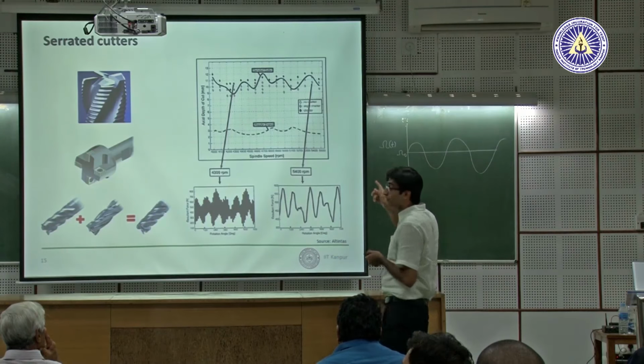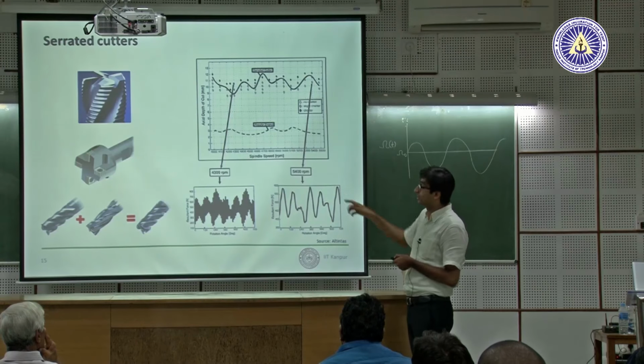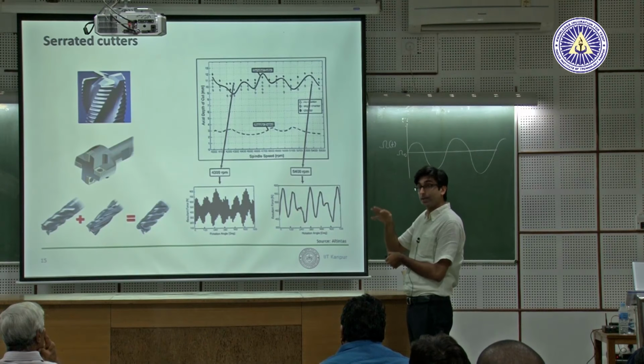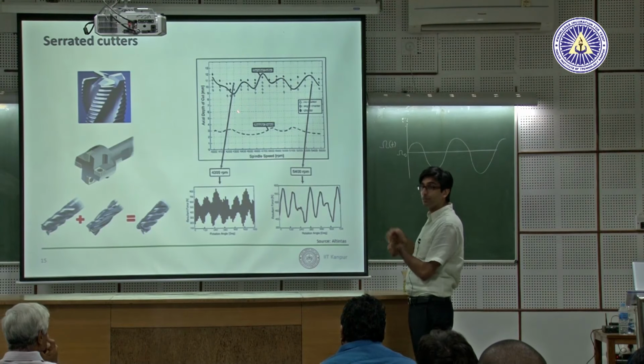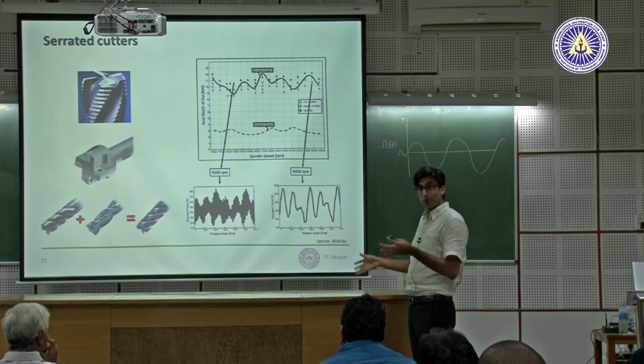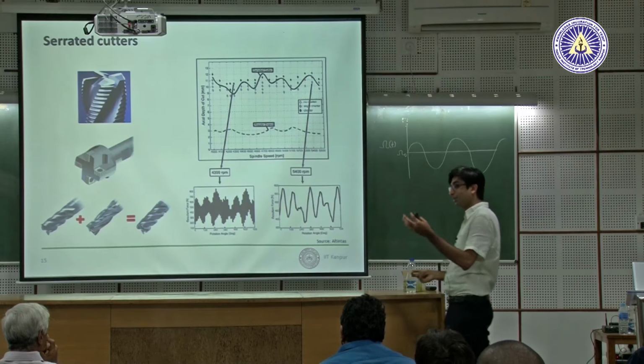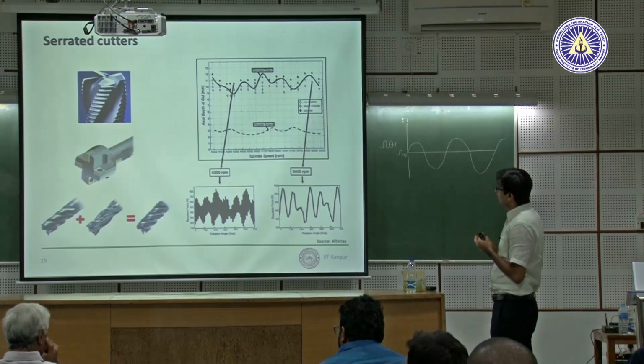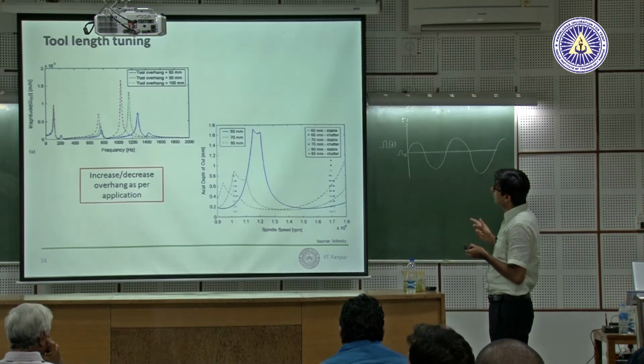And you can also use this information to design even better serrated end mills. This has got a sinusoidal profile on it. If you make two sine curves, or you make one sine curve and you modulate that with another sine wave, it will change your profile, it will change how this will work, it will probably be better. And these codes are available. This is something very interesting. Anyway, so this is serrated cutters.